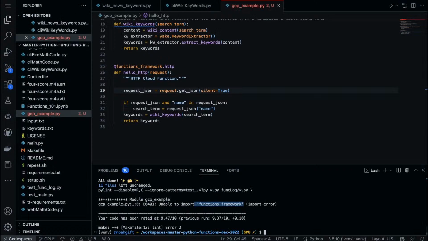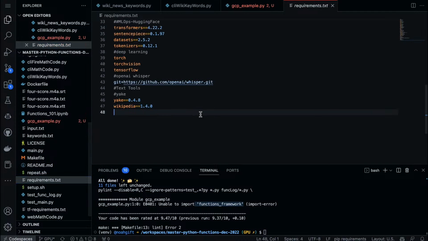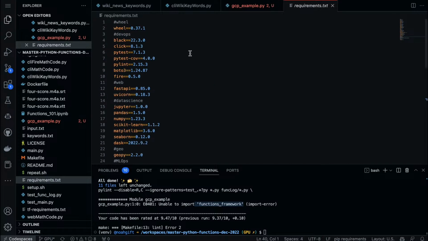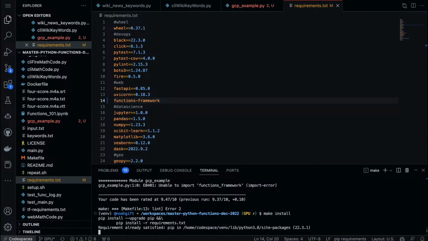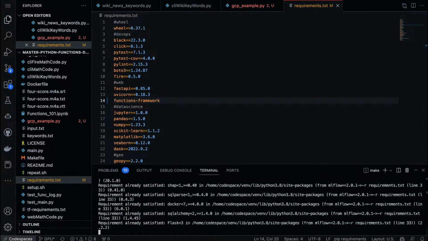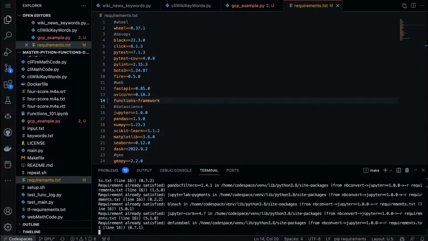So we can go to this real quick, do the requirements file, and we can put this maybe web. We'll call it web. And we can just say make install. So we can test it in both locations. We can test it out in here, and we can test it out inside of GCP. They both seem fun.